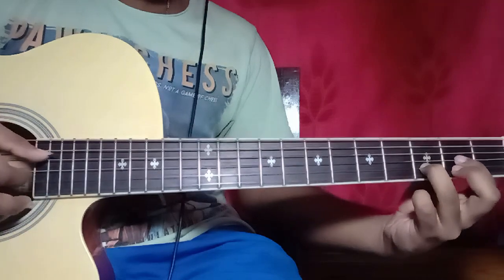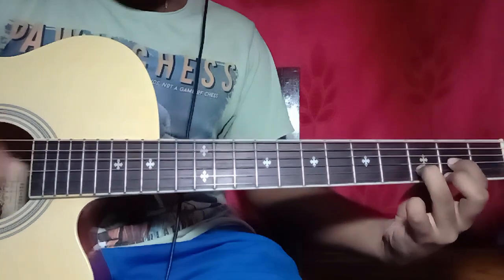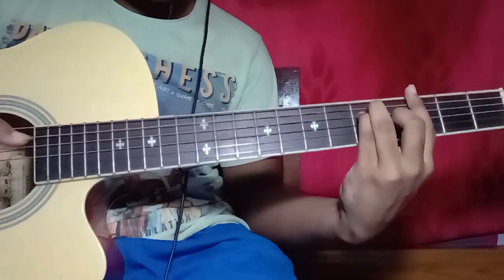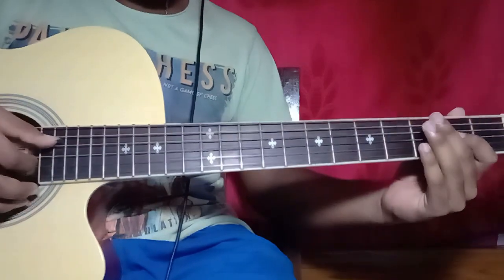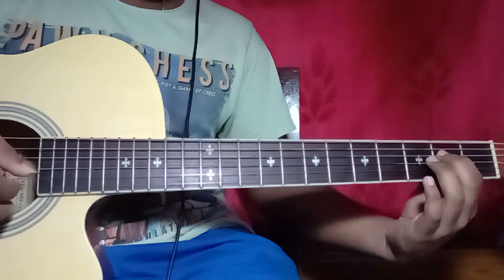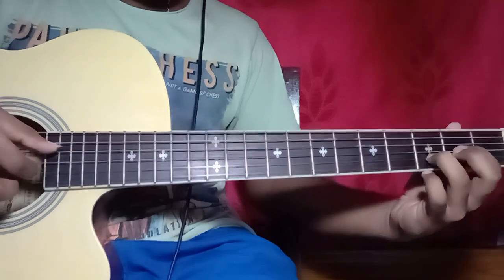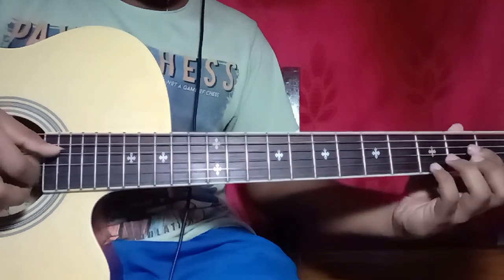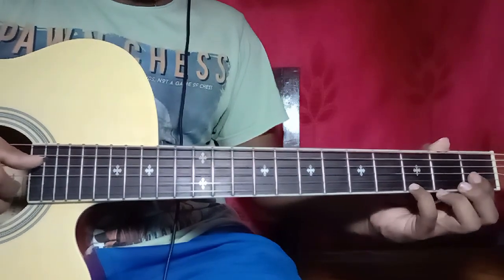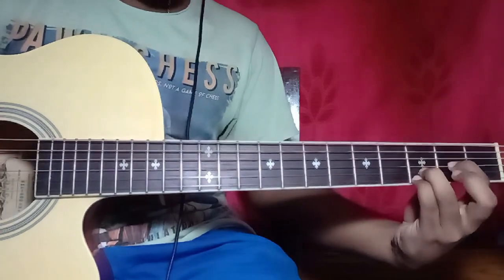So all together what you get? Then second fret of the third string and open of the fourth string together, then open of the first string, third fret of the second string. Then you pick the third fret of the first string and open of the fourth string together like this. Okay, then